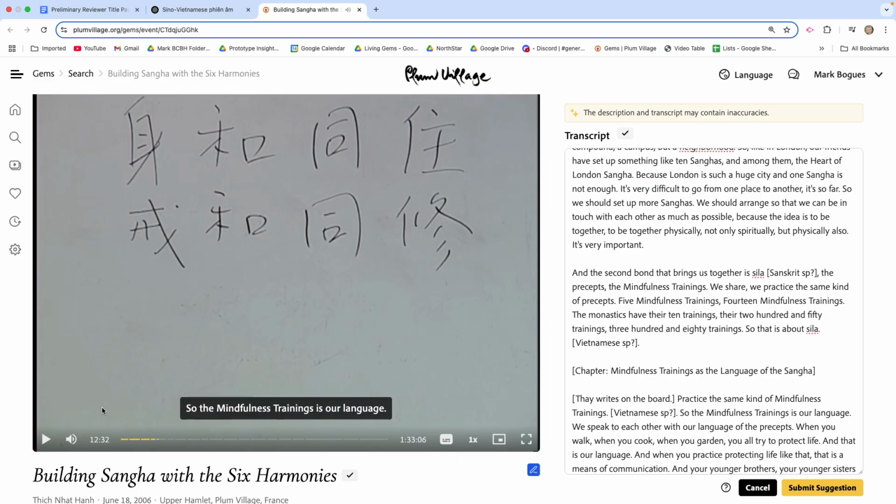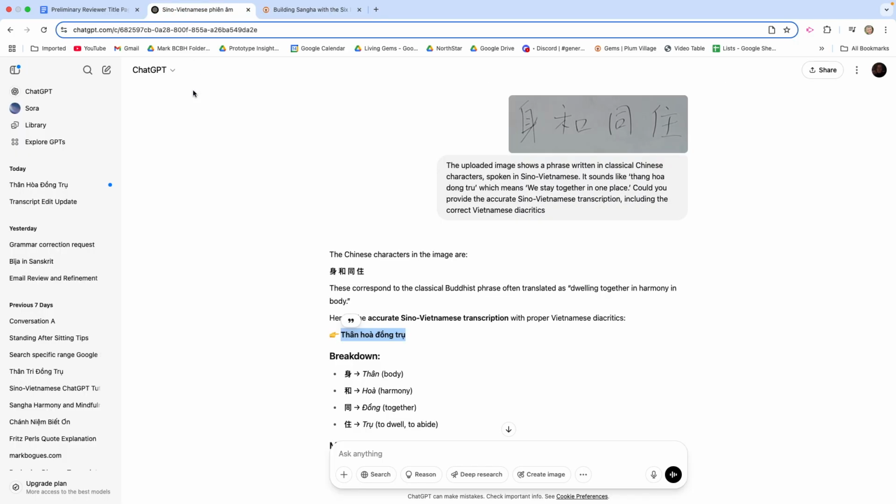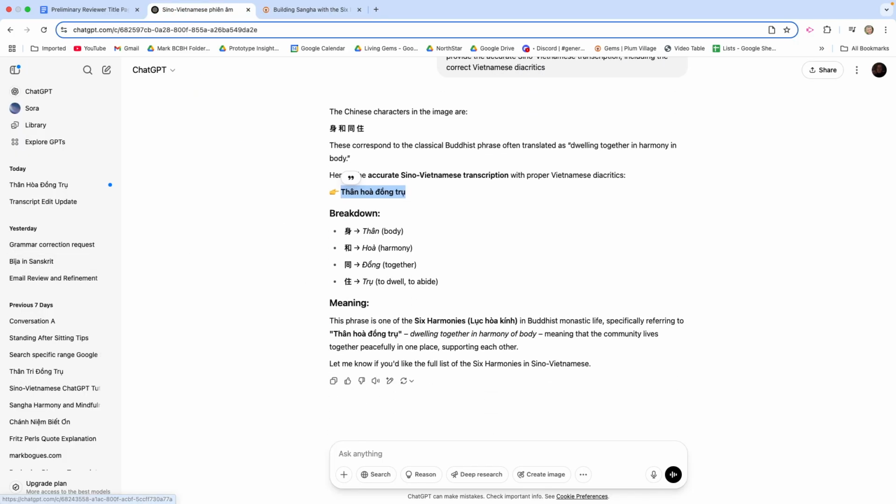Okay, so again, we can see that Thay has written it on the board, and we can screenshot this phrase as well. I'm using the same tool. I'm going to go back to ChatGPT.